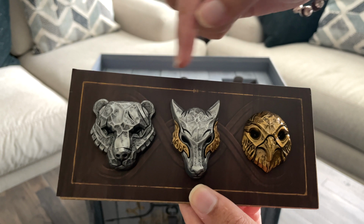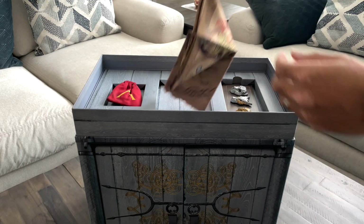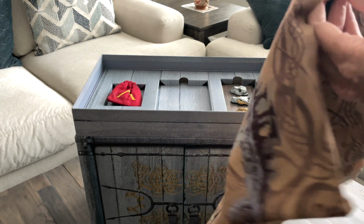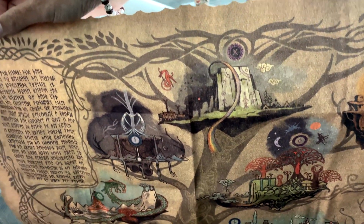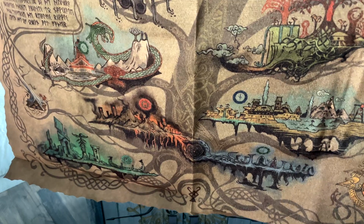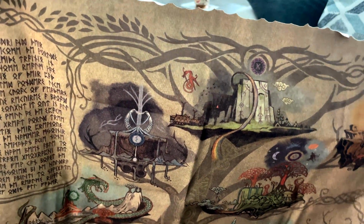I love how they've blended the gold from the falcon and the silver from the bear to represent the wolf Atreus. Lastly, in the second layer we have the cloth map, similar to how you got one in the 2018 God of War Collector's Edition. Now this cloth map is of Yggdrasil, the world tree, and it shows the 9 realms that are connected and that we will be visiting. The attention to detail is absolutely amazing, and I wonder if there are any hidden secrets inside the runic writings